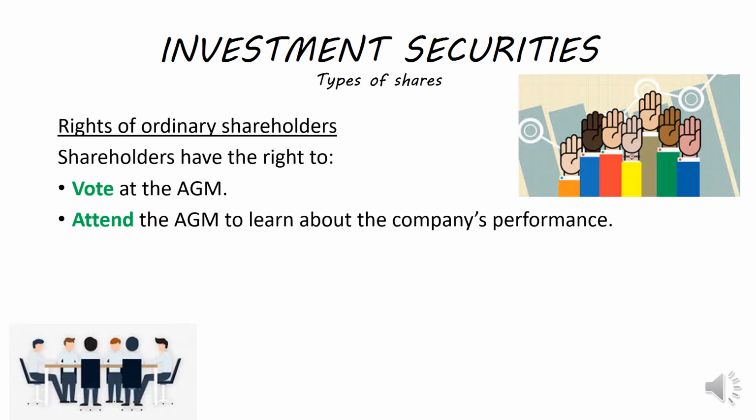Remember, their dividends depend on the successful financial management of this business. So they have 100% right to know what is happening with the finances. Right, they also have the right to receive interim and annual reports. As I said, interim is before the end of the financial year, and your annual reports, as I mentioned earlier, will include the income statement as well as the balance sheet, so that they can analyze the financial health of the business.